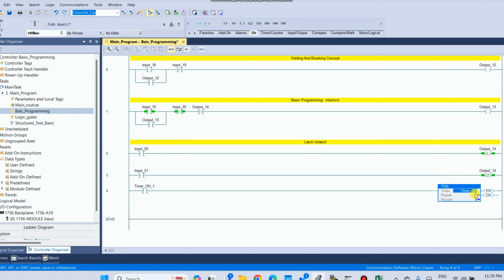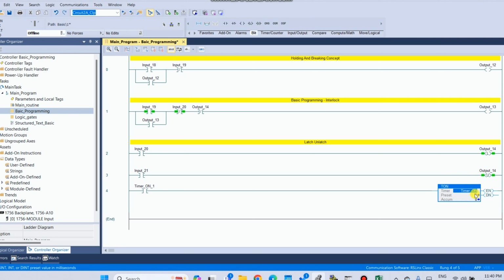Done bit: these are bool data types, these are bits. The done bit goes true when the timer has counted up to reach its preset value.